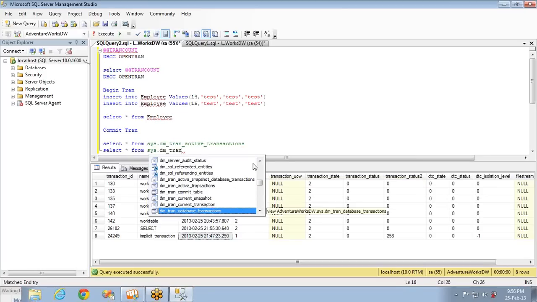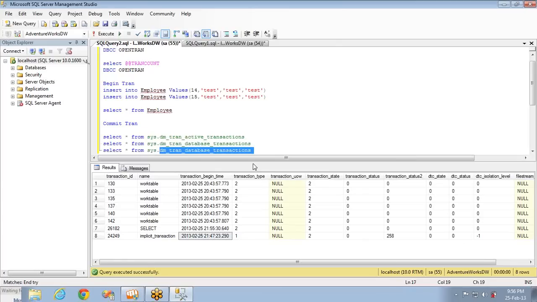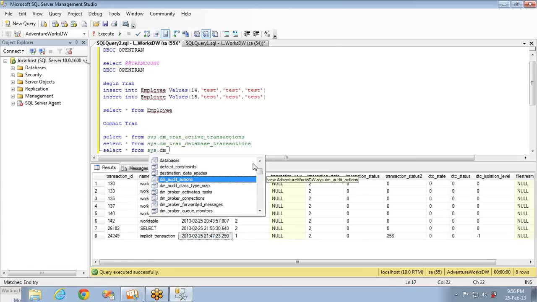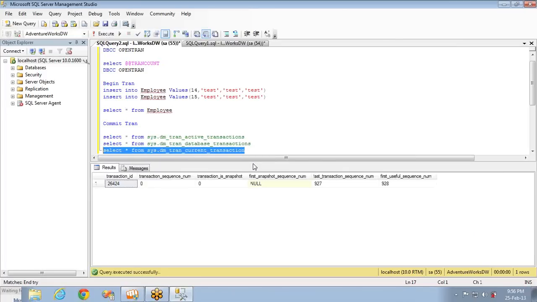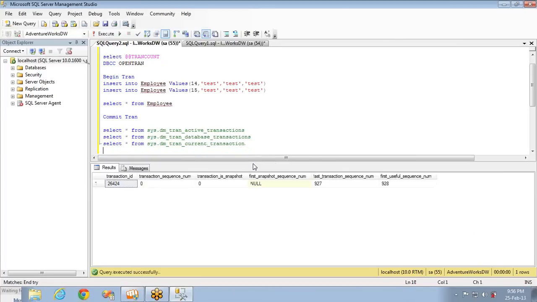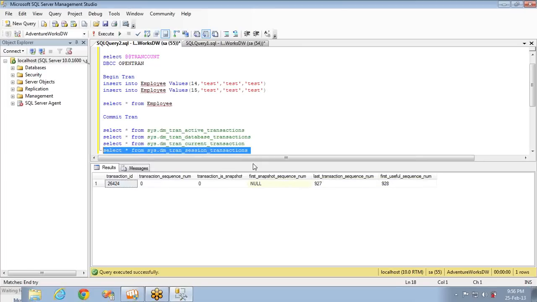Okay, and you can see a couple of other things also. sys.dm_tran_current_transaction. So all these tables will help you in getting the transactions information. sys.dm_tran_session_transactions. What are all the session-wise transactions?